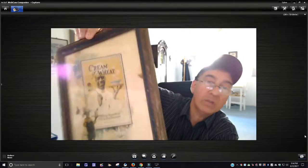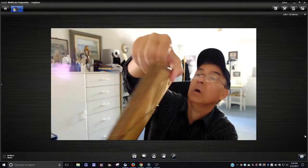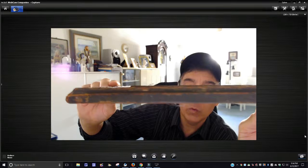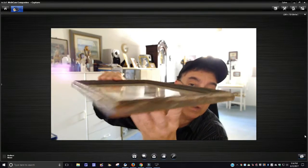Okay, the frame is not in great shape. You can see the frame is old. It looks like back in the day it was done with nails. Look at that. If you are the lucky bidder, I'm not going to do anything with this. I'm not going to retouch the frame. I'm going to leave it in its original state. Well,